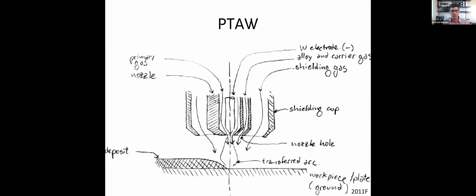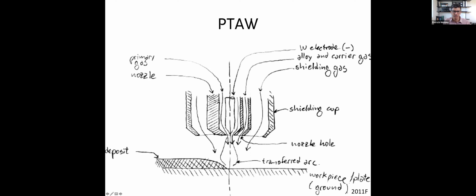In this province, we use PTA to make overlays, and overlays means not putting two things together, but depositing metal on top of other metal, such that we coat the whole metal, for example, with something that is corrosion resistant or wear resistant. And how do we deposit this other new metal on top of the base metal? Typically with powder. So we blow powders and we melt them with the arc, which means a PTA torch has